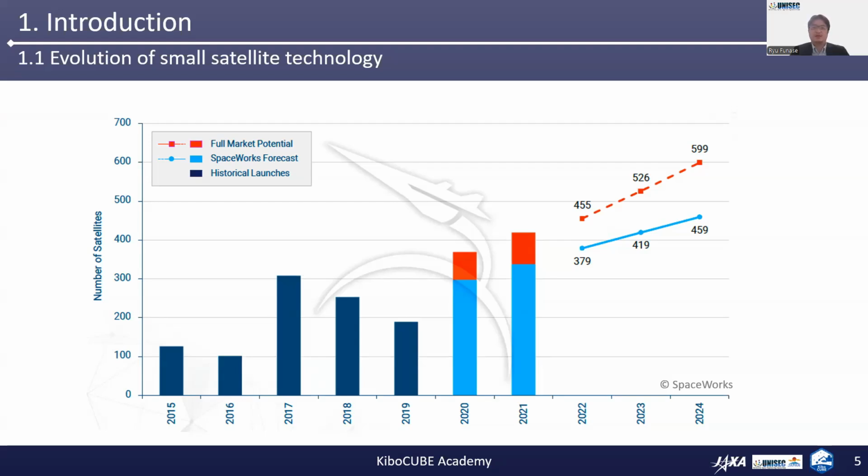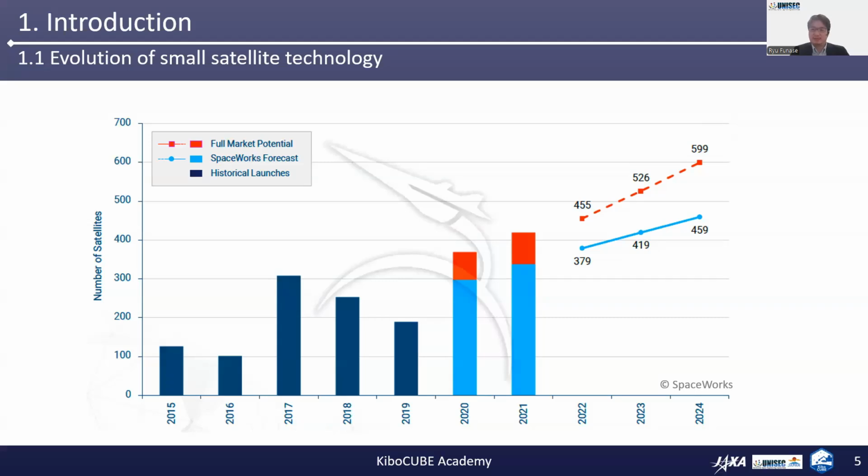This chart shows the number of satellites weighing 50 kilograms or less launched each year, which has been increasing rapidly since the late 2010s and is expected to continue to do so in the future. This rapid growth in the use of small satellites has been driven by a rapid increase in the capabilities of small satellites. When the world's first 1U CubeSat was launched in 2003, the capabilities of such a tiny satellite were